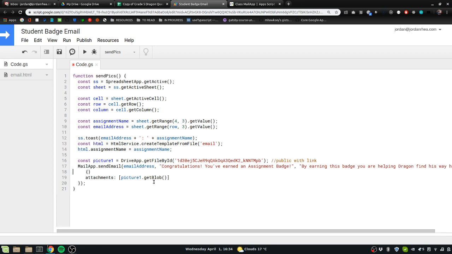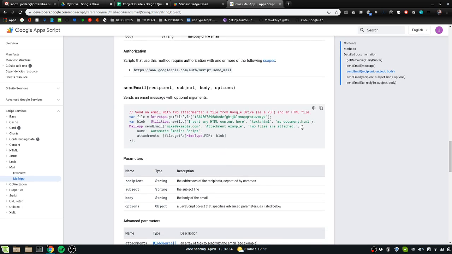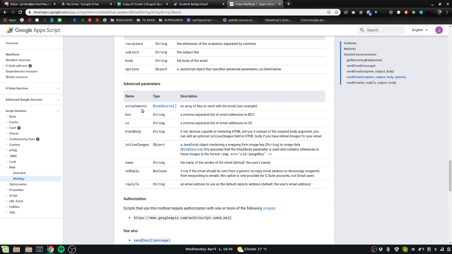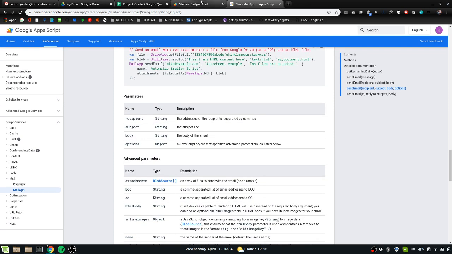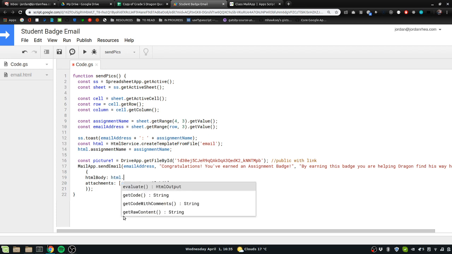And I think the attachments are going to end up as part of the, where are we? Yeah, there we go. Okay. So let's cut that, and paste it in here as an attachment. We want to do HTML body, and that's going to be our